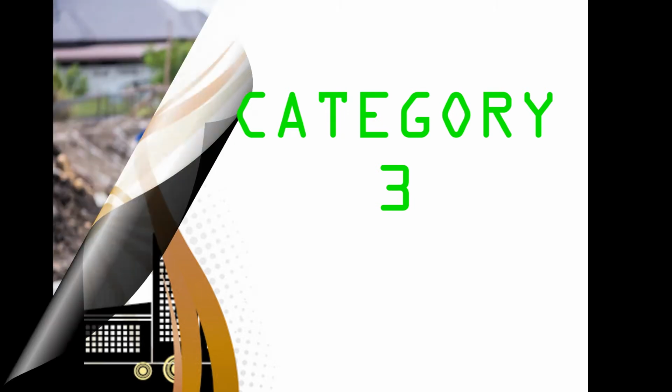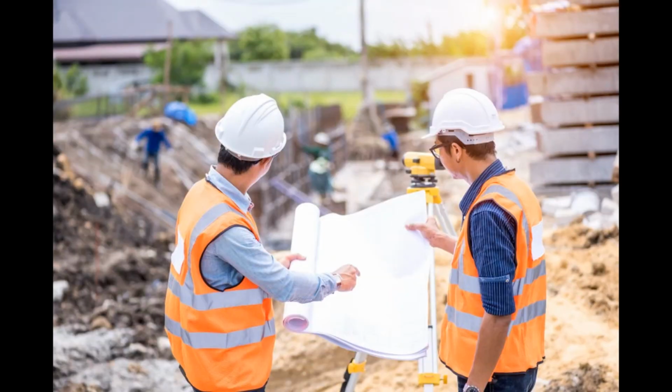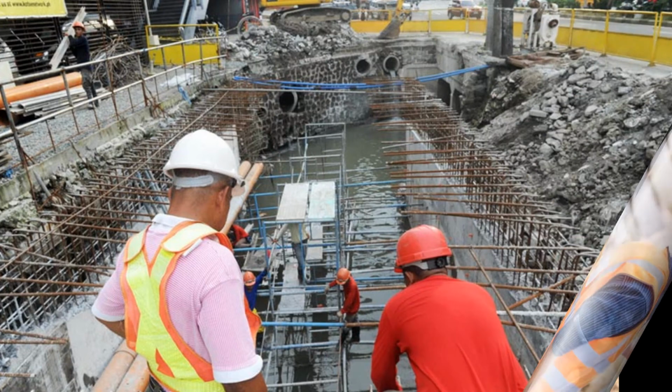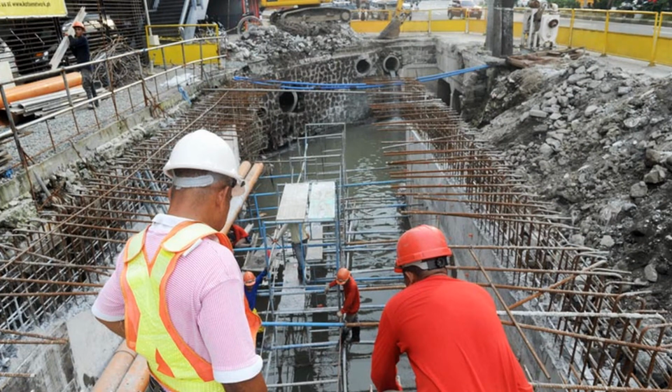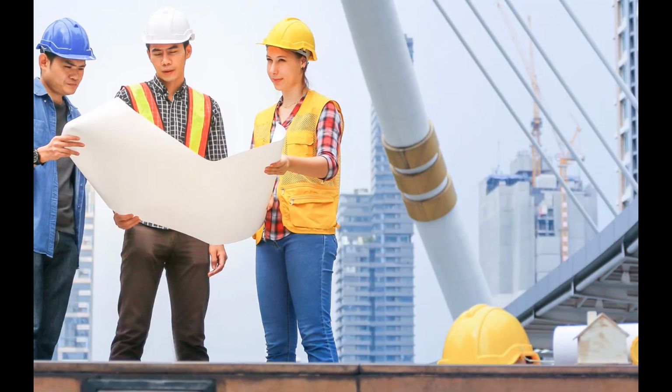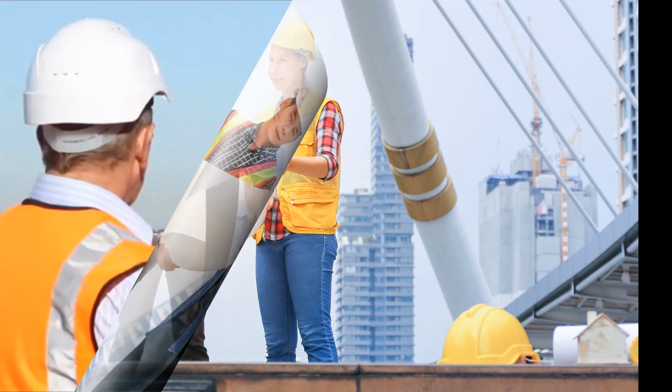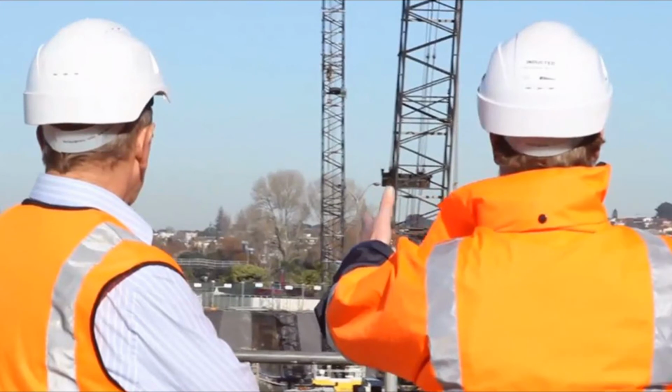Category 3: Construction services. A licensed civil engineer shouldn't allow his license to be used by others except his own. A licensed civil engineer can be hired as a construction engineer, project engineer, cost engineer, and many more. You can hire a lot of licensed engineers depending on the field of specialization you are in need of. A licensed civil engineer may provide services of a technical employee but shall be paid in addition to his regular fees.